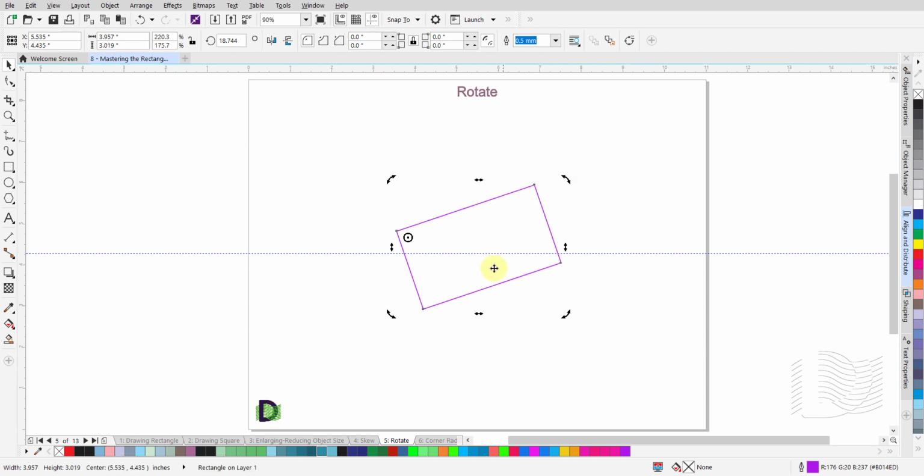Release the mouse button. Now, left-click and hold on the anchor and move it to the right, placing the anchor in the center of the top outline between the top right and top left corners. Release the mouse button and grab one of the rotation control handles and move the mouse around. Note that the rotation takes place around the new position of the anchor point.